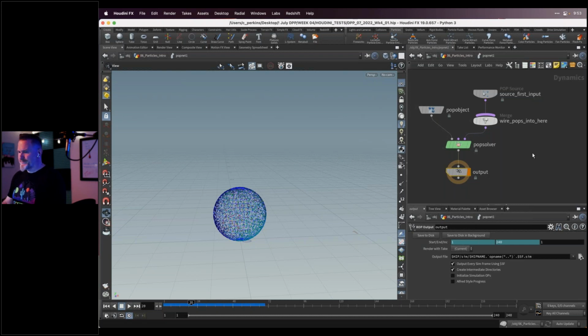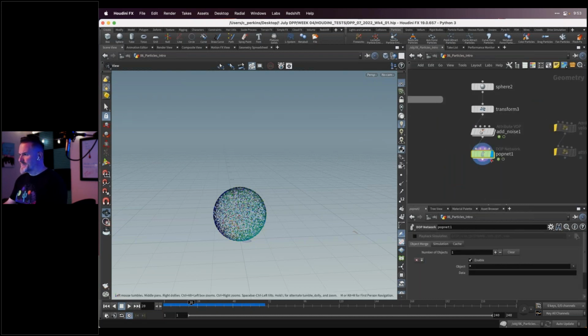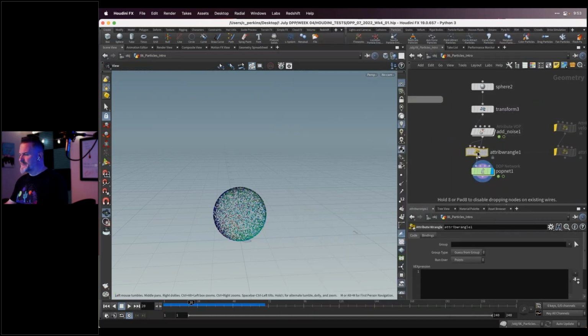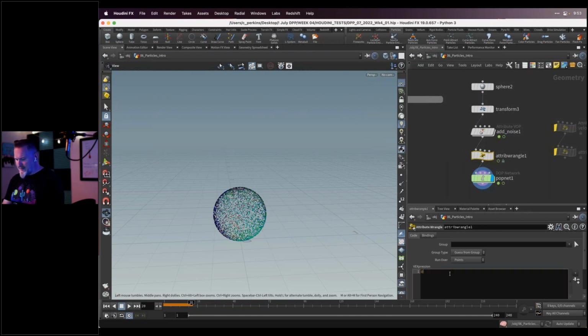So what we could do is go back up and very quickly, let's make an attribute wrangle, good buddy attribute wrangle. And let's say @v, that's the velocity, lowercase v, equals, I don't know, let's just say @Cd.